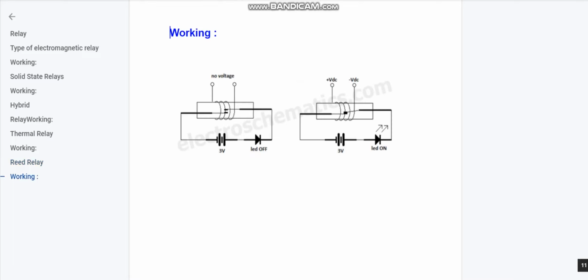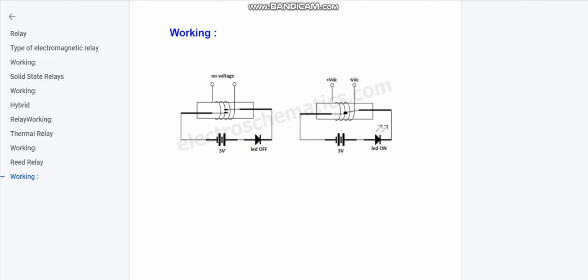Now its working. The reed relay consists of a switch with magnetic contacts that move under the influence of an external magnetic field or the induced field from its solenoid. They have faster switching speed compared to the electromechanical ones, but their switching current and voltage are lower, mainly because of their contact thickness.